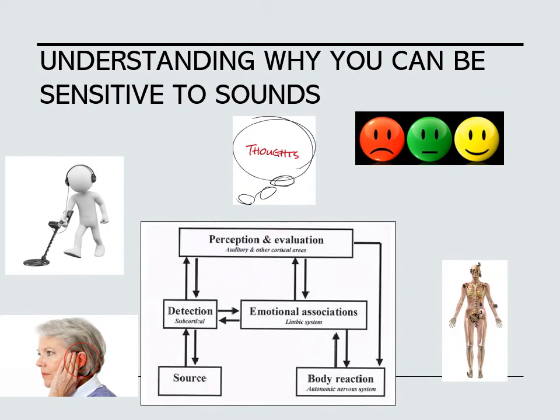This slide brings together what we've said so far. It looks a lot more complicated than it really is. This diagram illustrates how and why certain sounds can affect us the way that they do. The first thing to say is that most of this occurs by your subconscious brain, that you're not actively thinking about these things. Let's think about one of the sounds you may find uncomfortable. For this example, let's take the sound of cutlery clanging together.